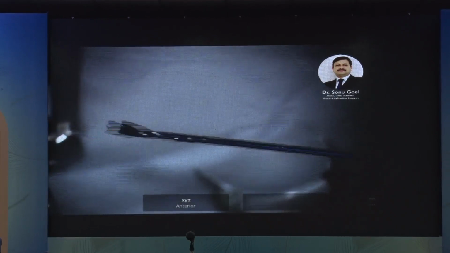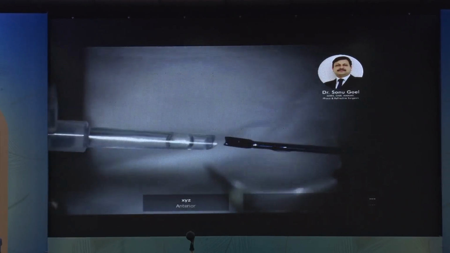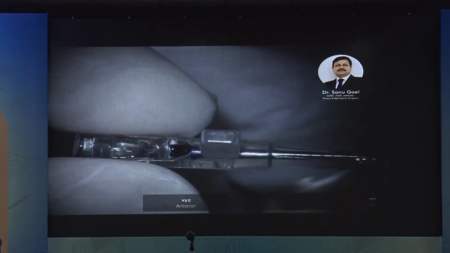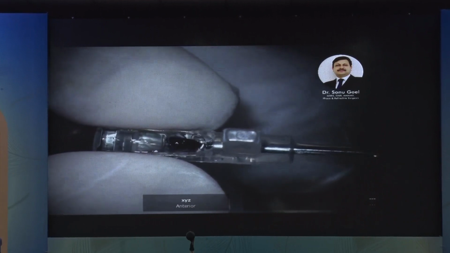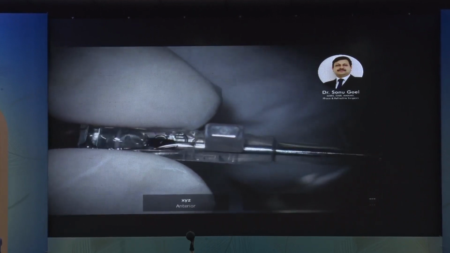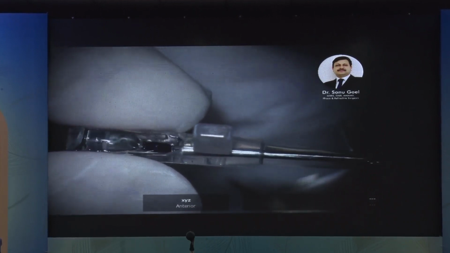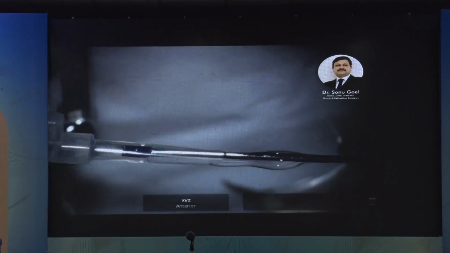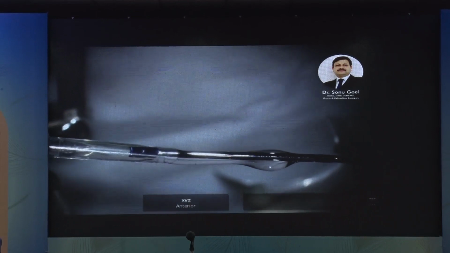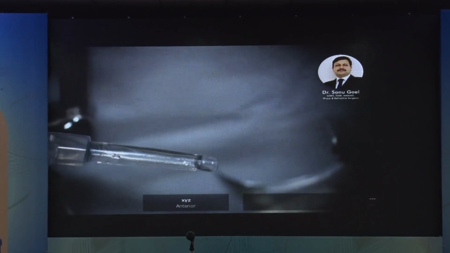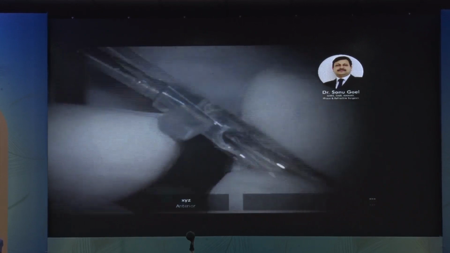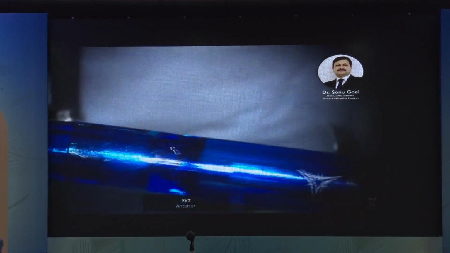So these are specialized crocodile forceps. Grab in your right hand, push it from the nozzle. This is the reverse of loading a cataract IOL. Grab the ICL and you can do it either way. You can either pull with your left hand, keeping your right hand stable, or you can withdraw the ICL inside the nozzle. Once you see the ICL inside the nozzle, again ensure that all the three holes are in line.